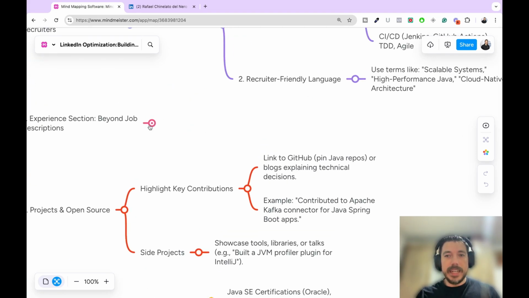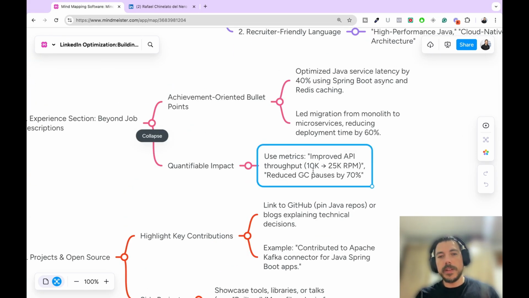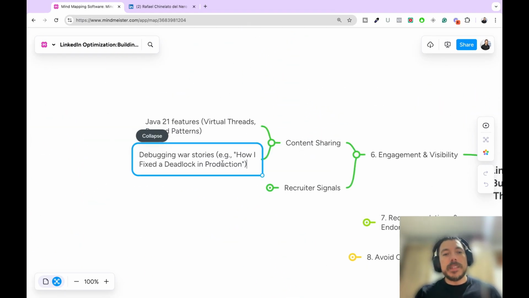If you had a career highlight like this, for example, where you improved the API throughput from 10K requests per minute to 25K requests per minute, it would be amazing if you write an article regarding the impact, because then you have an article proving that you did it. Then you can even link this article to your career highlight. And that's proof that you did it, right? So this is very valuable because this is something that can't be copied.